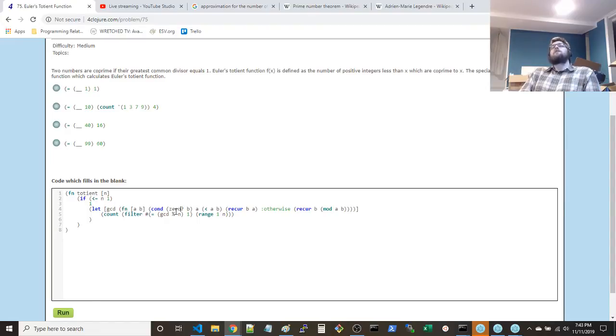Well, at that point, that means that A is equal to some constant times B, which means that B is the greatest common divisor, right? Because B would divide A,